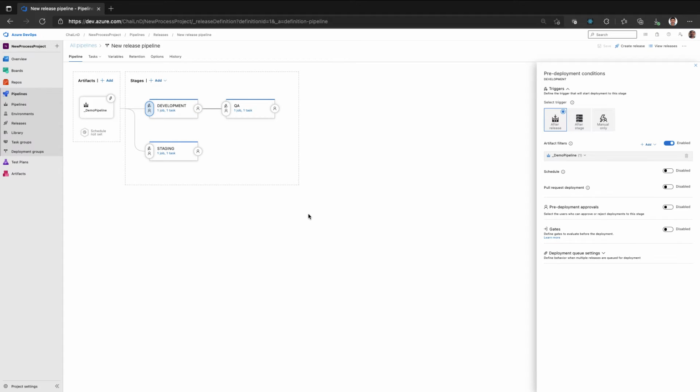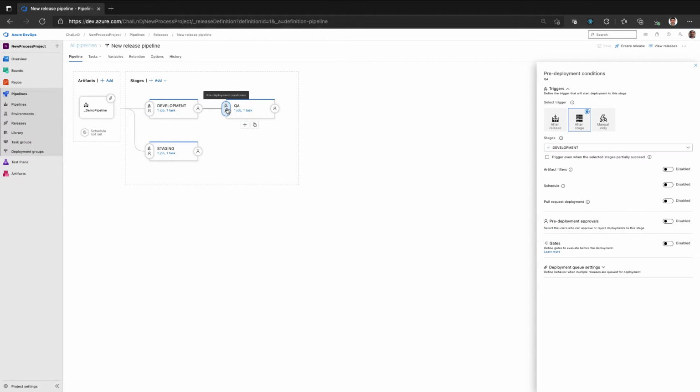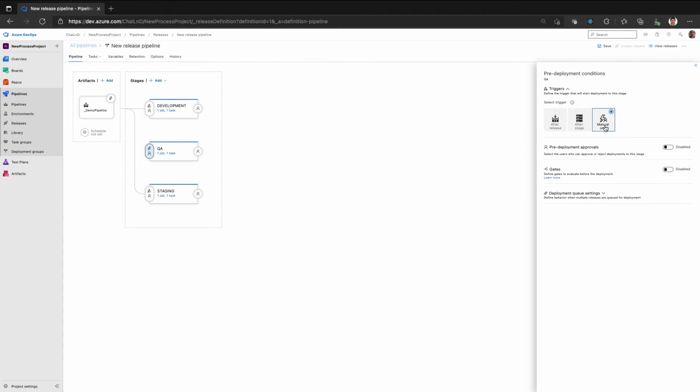Another option, which we are using in the case of QA, is after stage, which means that this deployment happens after a previous stage has been completed. In this case, the previous stage to be completed is development. If I include staging, then whenever there is a new build and it's deployed to staging, after that it would also go into QA. You can have one or multiple trigger points in the case of after stage, and the last option is manual, where